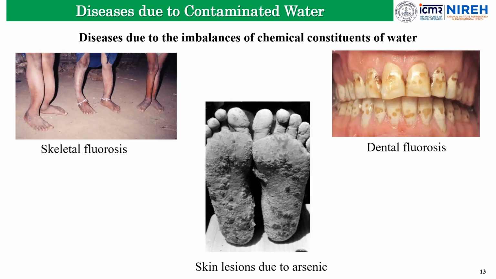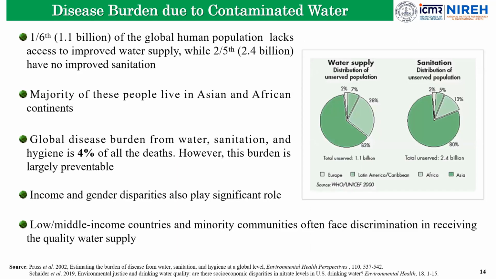Then if there is arsenic contamination, it can cause skin lesions, and arsenic is also one of the important causes of cancer as well. So these kinds of diseases do happen because of the chemical constituents of the water when there are imbalances. So now if we look at the disease burden due to the contaminated water,